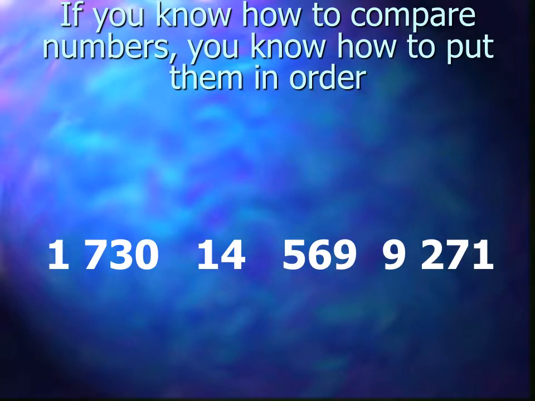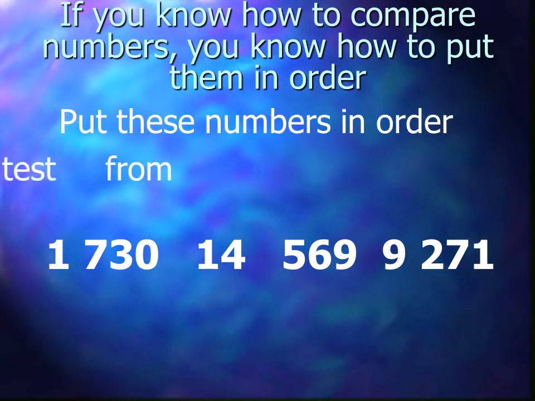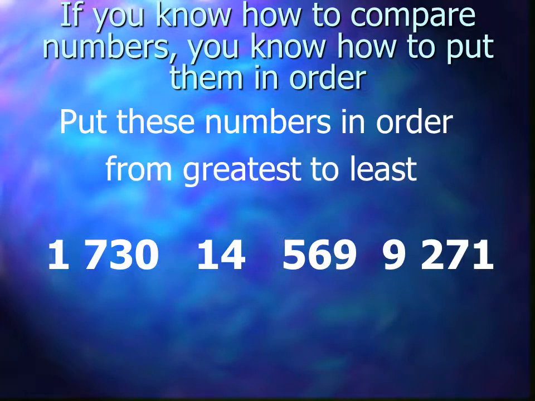If you know how to compare numbers, you know how to put them in order. It is very simple to use the information and knowledge that you've learned so far in how to compare two numbers, and now you can use that to compare a list of numbers. Putting these numbers in order from greatest, the largest number, to least, the smallest number. The numbers in this case are